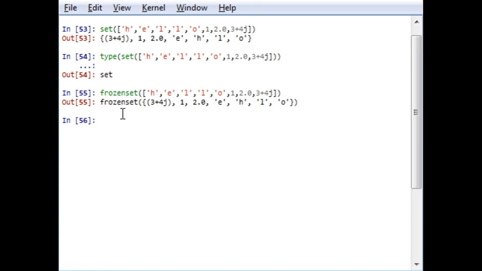Now the major difference to be known is that the frozen set also has this particular word before its occurrence. One thing you have to notice while identifying set and frozen set is that the repetition of a number or a digit or character is not possible.